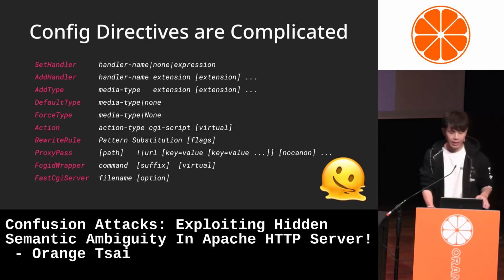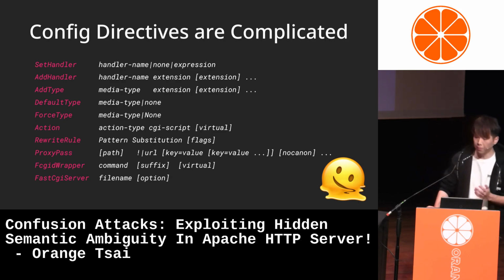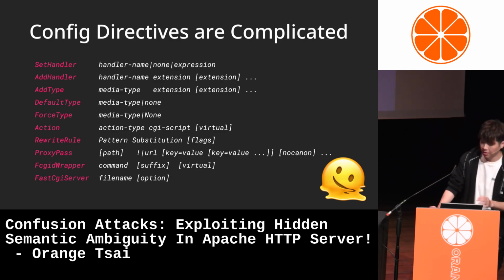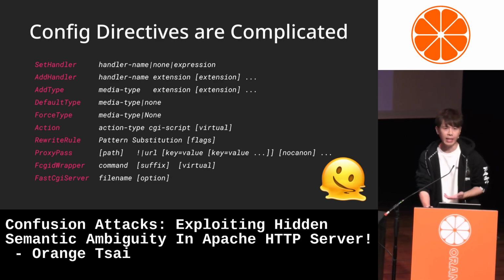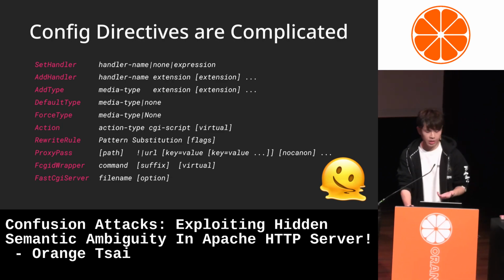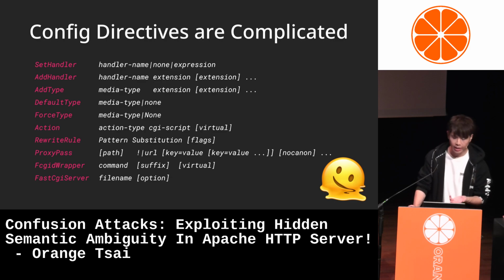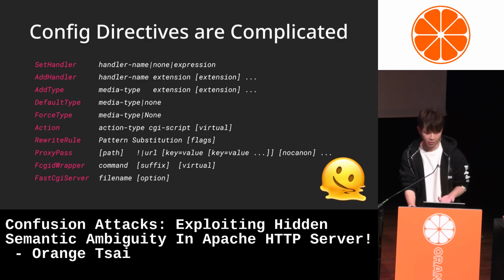All of these make it complex to set up a PHP environment. And furthermore, some directives not only look very similar, but also have identical usage and effects, which can cause confusion easily. If a website admin didn't understand the intention behind each directive, it's easy to make mistakes and create security risks.